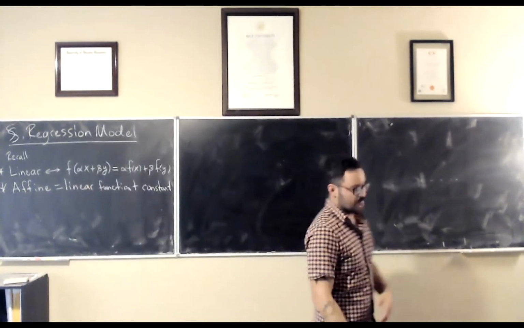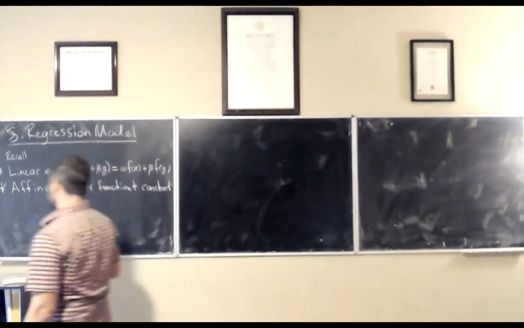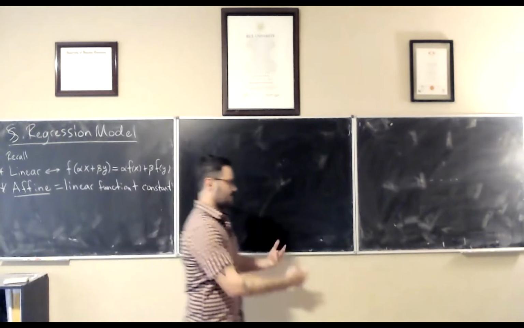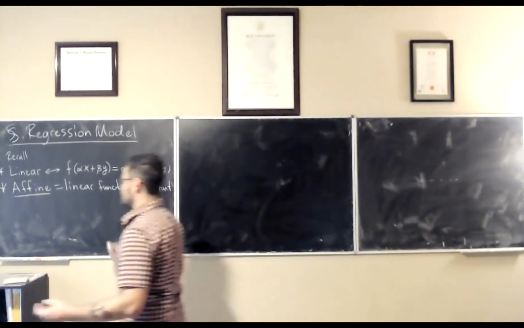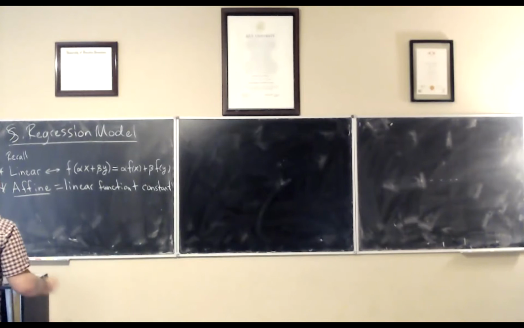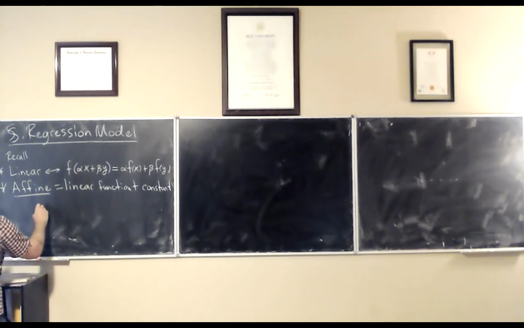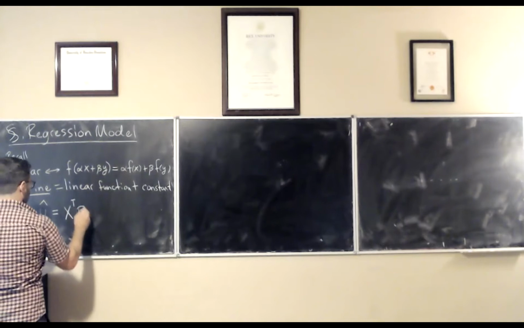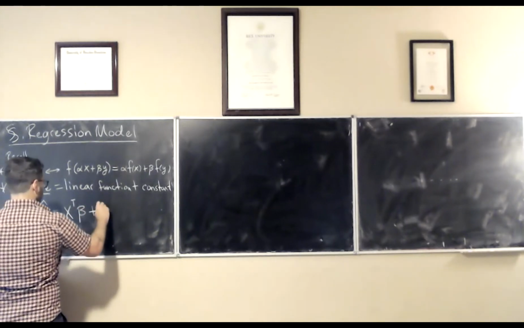Okay, and one such example for an affine function that we considered has the form the inner product plus a constant. Now, for the purposes of this recording, I'm going to change up the notation a little bit and say, let's write it out, y hat equals x times beta plus v,